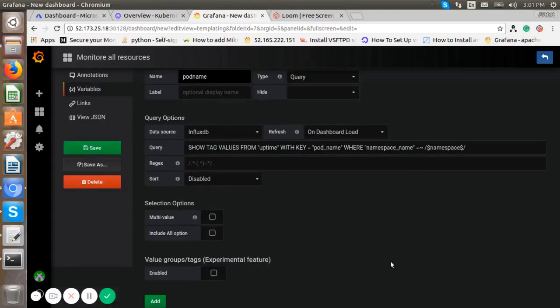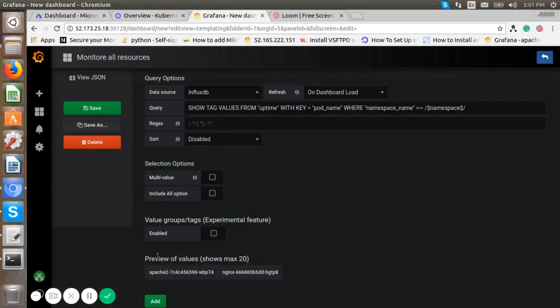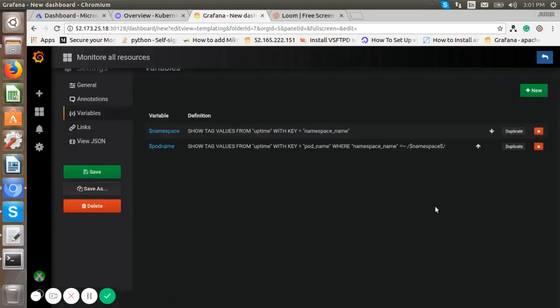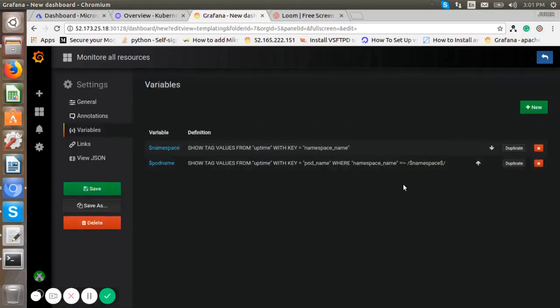Now here we can see all the pods shown in the dev namespace. Add this variable. Now both the variables are added.